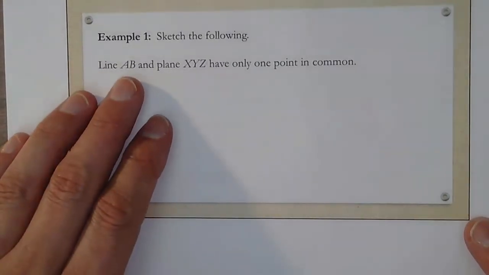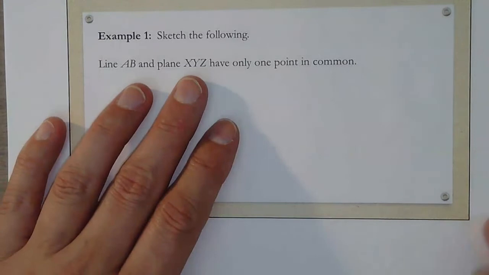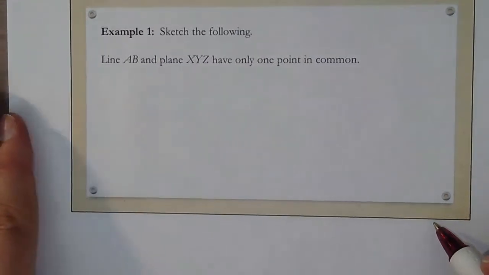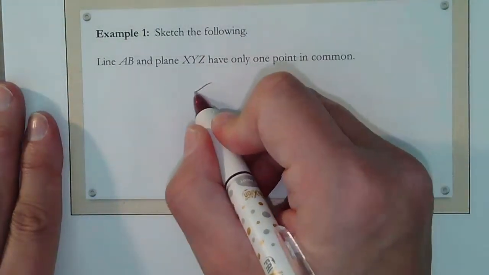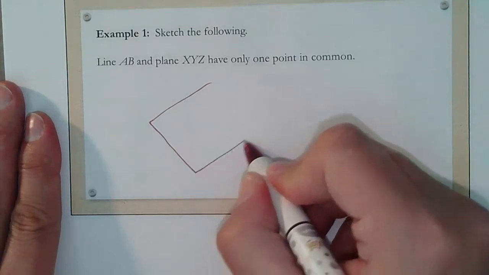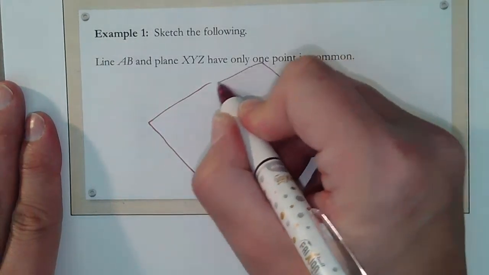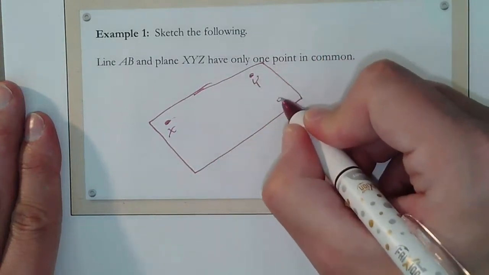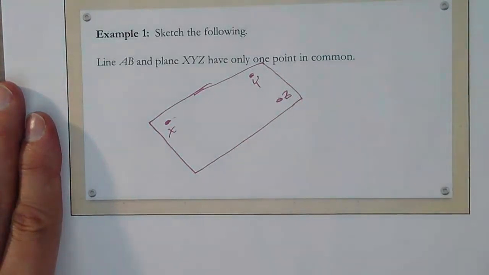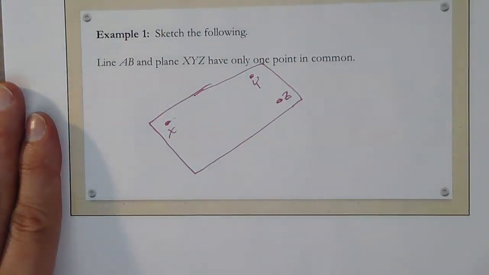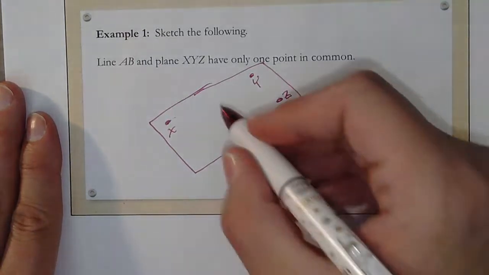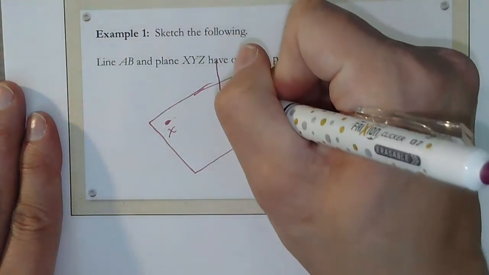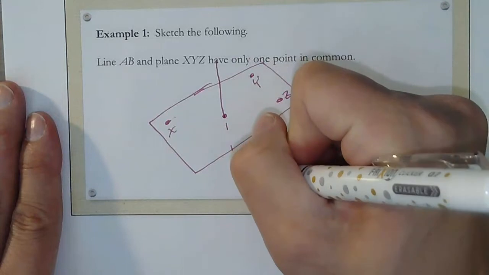Now we want to draw a line AB and plane XYZ that have only one point in common. Now this is a little bit more difficult. So I'm going to draw first my plane XYZ. So here's X, Y, and Z. So it's a flat plane. Now I want line AB where there's only one point in common. So I'm going to put the point here that's in common. And since they only have one point in common, that means that the line is going to go through